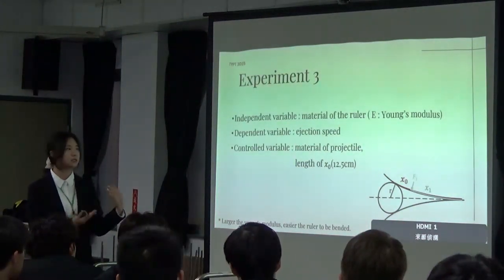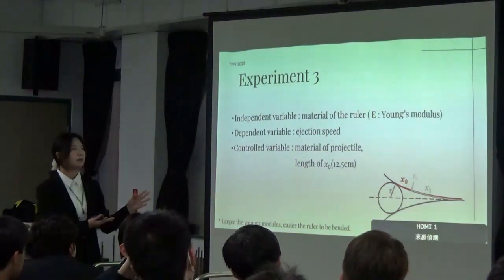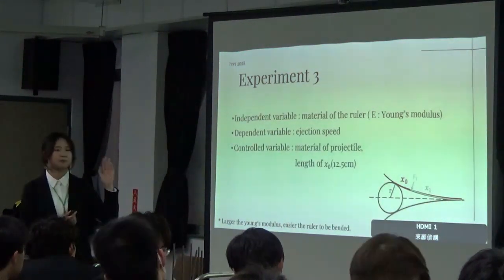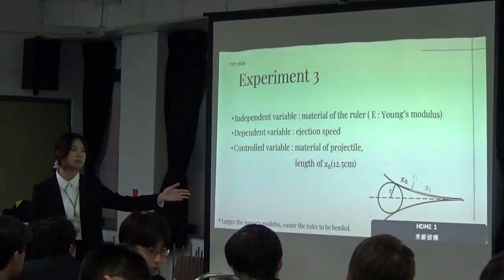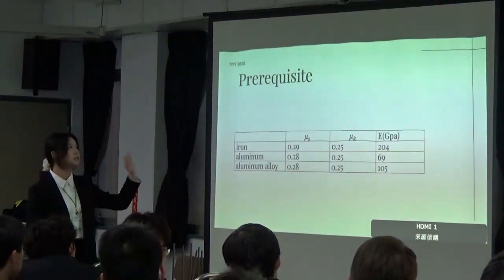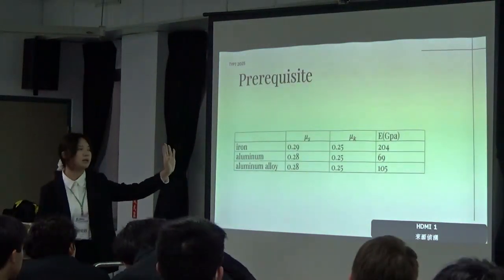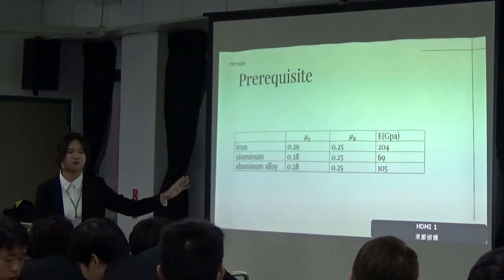And for my next experiment, experiment 3, the independent variable is the material of the ruler, and the parameter that will be changed is the Young's modulus. And in my experiment, this is a prerequisite. We can see that when I change the material of the ruler, the coefficient of static deflection and the coefficient of the